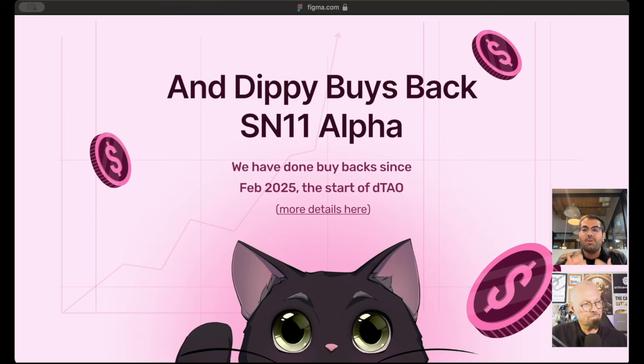Now, if we're using our own subnet or we're our own customers in a sense, we don't want to be freeloaders who are using free compute that the miners bring to the table, get the TAO emissions, and then just run away with it. And so our ideal structure or our plan right now is to take that 10K that we were paying to centralized providers, shift our infrastructure for media inference entirely to Subnet 11, and then take that $10,000 and just buy back the Subnet Alpha. So in a way, we're still paying for media inference, but now the rewards are going back to the Subnet token holders.